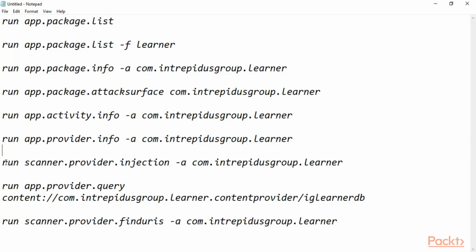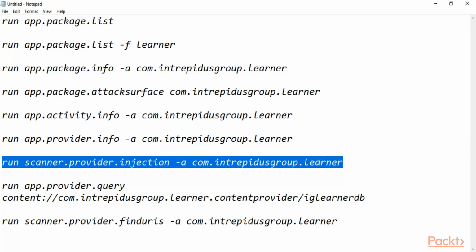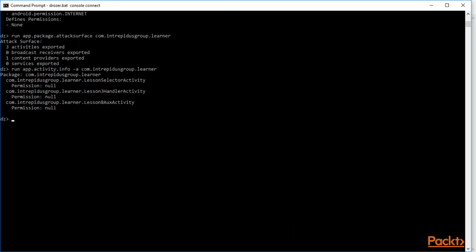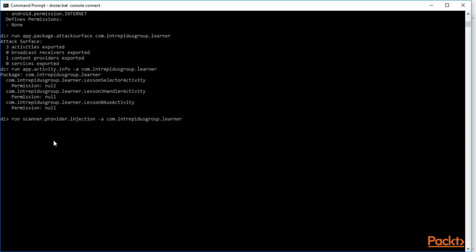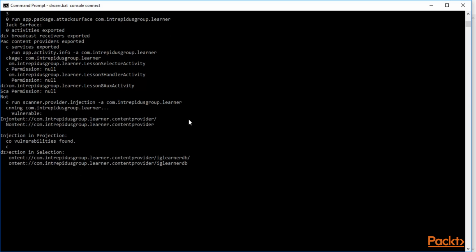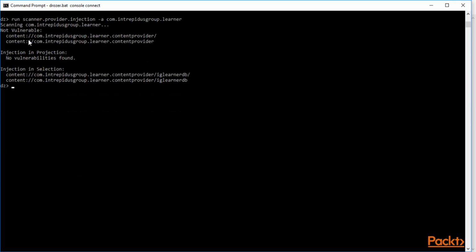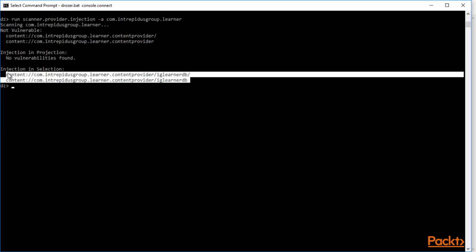Great. So this is also similar. What are the providers? Now you can check this one for injection, and let's see what it gives. Hit enter. Scanning. You can see it is scanning. It says there are no vulnerabilities found, but injection is available in selection, meaning here you will find the injection.